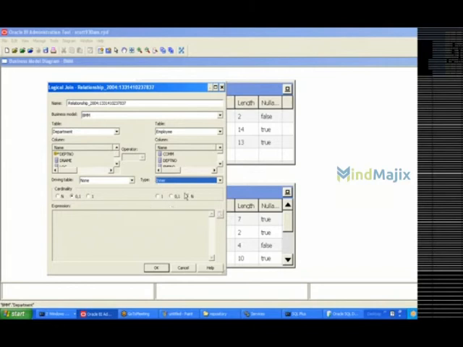Now mostly in this logical join you need to concentrate on cardinality. This cardinality is mandatory over here. My employee table will always have n number of department members, so I am setting this as n, and here for the department number with the primary key I can set this to 1, or even I can set this to 0, 1. Either way it works the same. Click on OK.